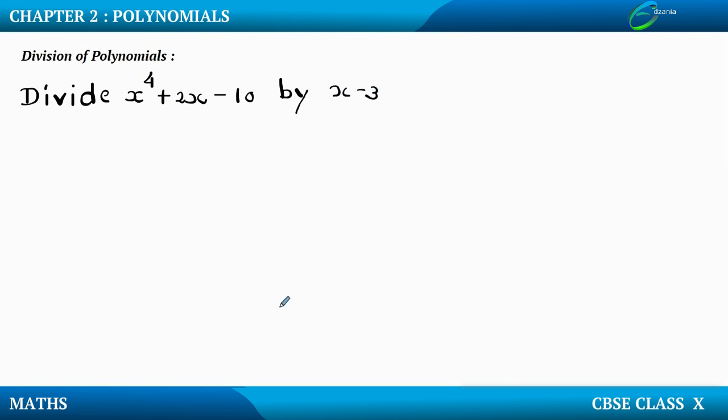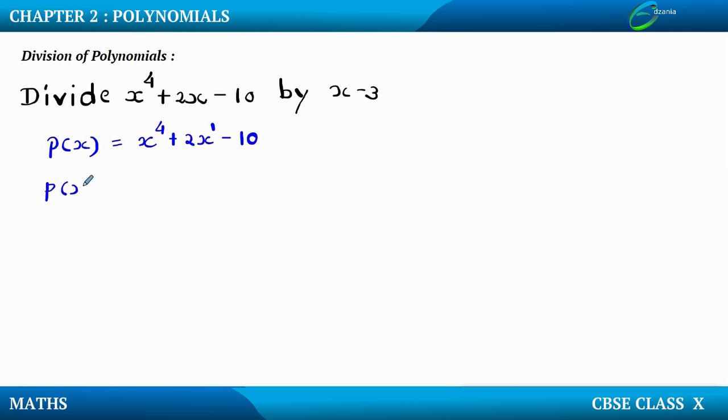So we are supposed to divide x raised to 4 plus 2x minus 10 by x minus 3. First of all, let me write down this p of x. My p of x is going to be x raised to 4 plus 2x minus 10. Now understand, I have this power 4, then directly I have the power as 1. So we can clearly see that the power 3 and power 2 are missing in the descending order. So I can further write down this p of x as,